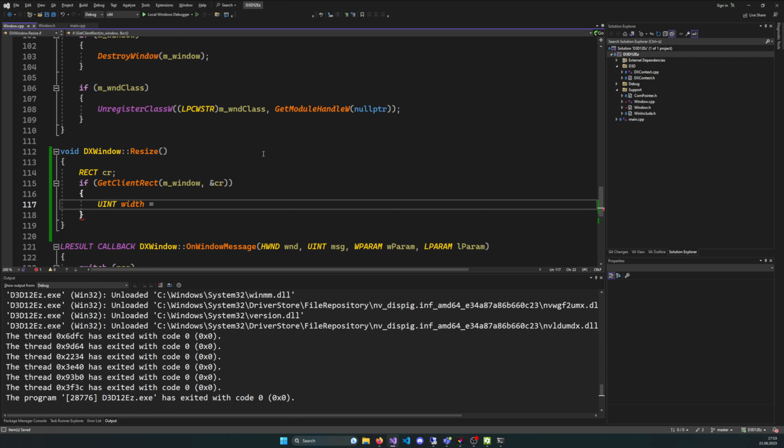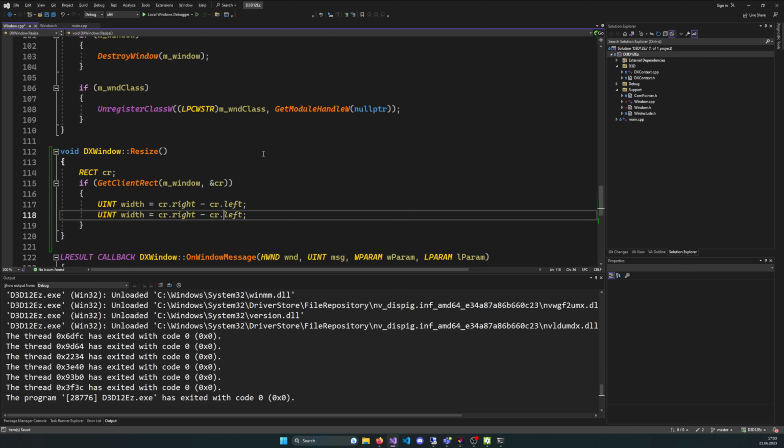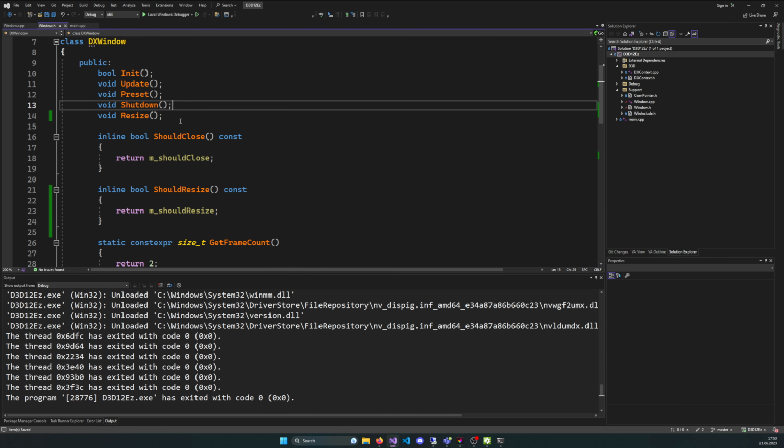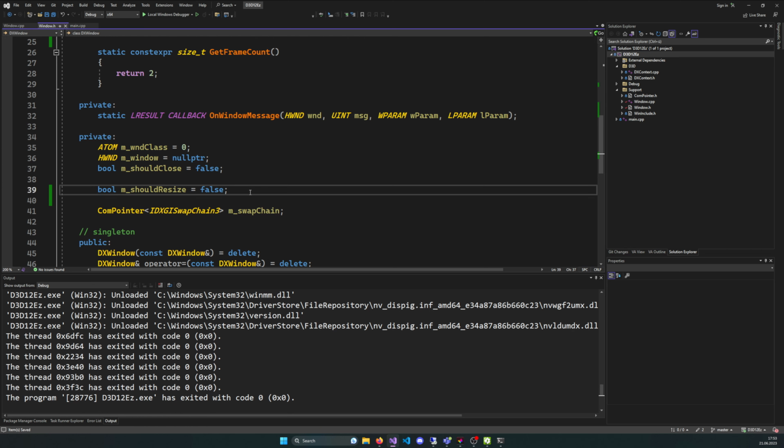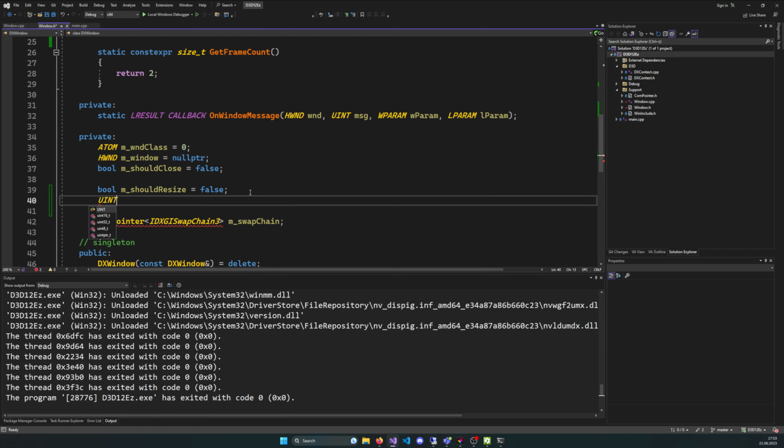The new width of the window is going to be equal to, let's take CR right minus CR left. This is the new width, and bottom minus top is the new height. And what I actually want to do is store my width and height inside of the window. I do not want to have them temporarily. I'm going to store them in here as well, because we're going to use them later on. Later on, when we start rendering, we need to have the size of the window. So I actually want to store my width